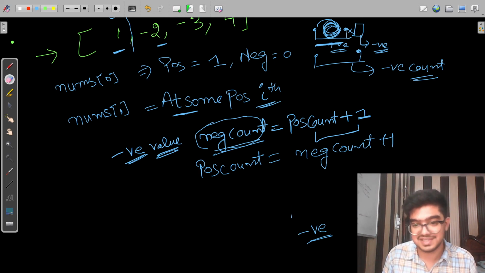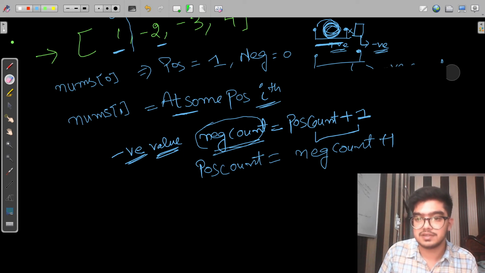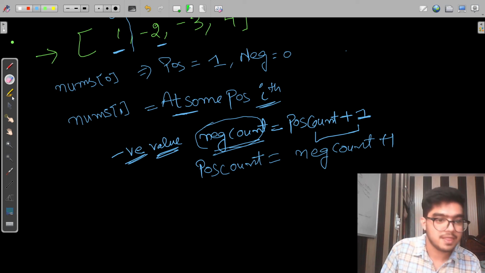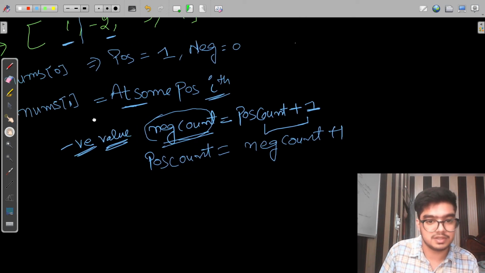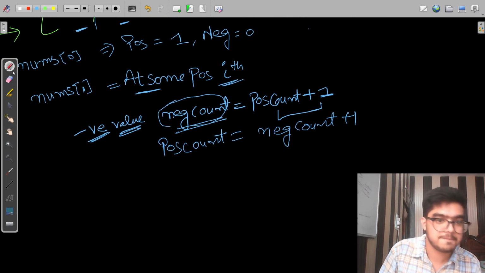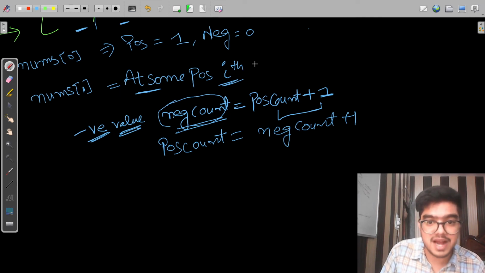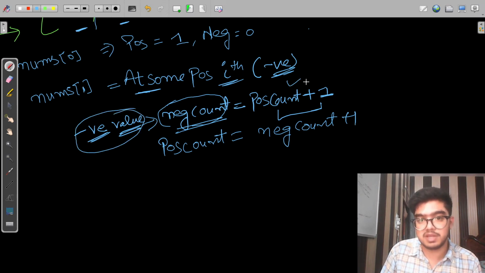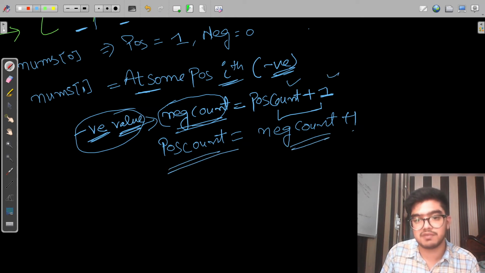So at some position when we get a negative value, our negative count becomes the positive count plus 1, and our positive count becomes the negative count plus 1.